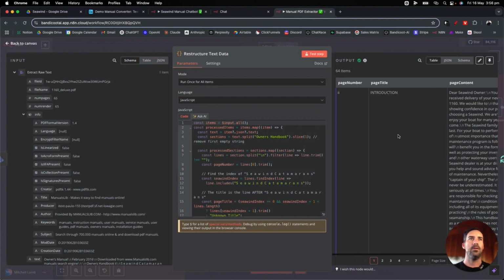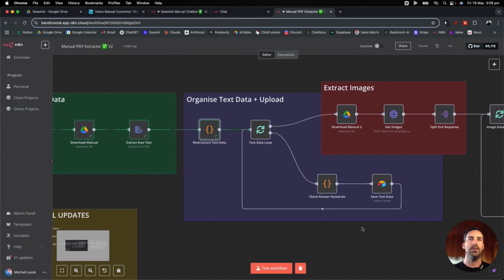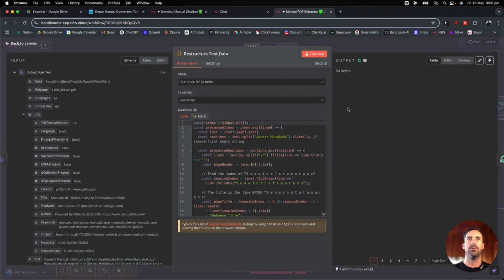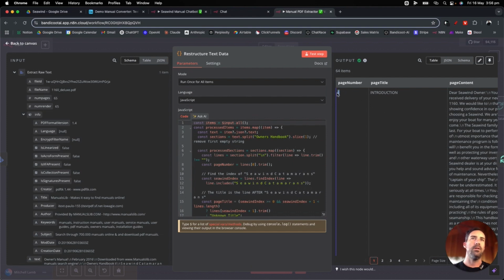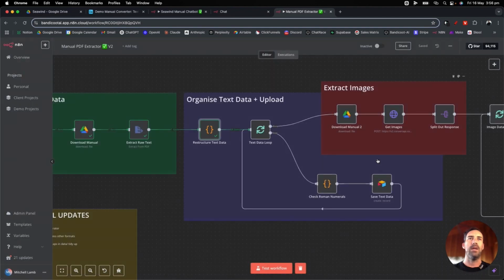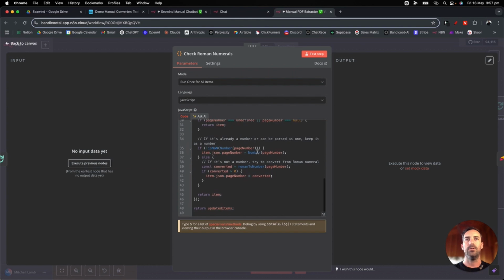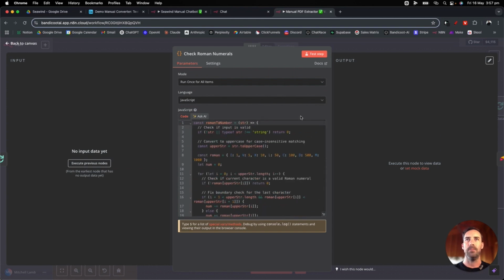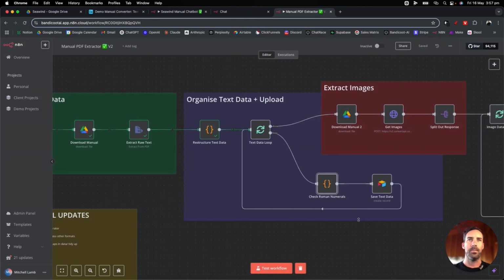And see, if you look here, you can see page number, page title, page content. Then I have this little loop here, because if we just quickly go back to here, some of the pages are in Roman numerals. So a little bit of a mess around, but all this code block here does is literally just change those Roman numerals to normal numbers. And I've got this in a loop here. So if I just click on that one,